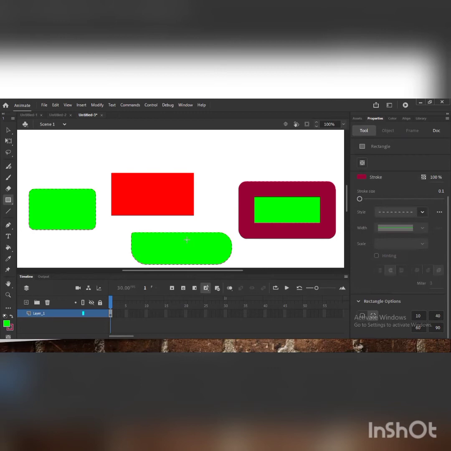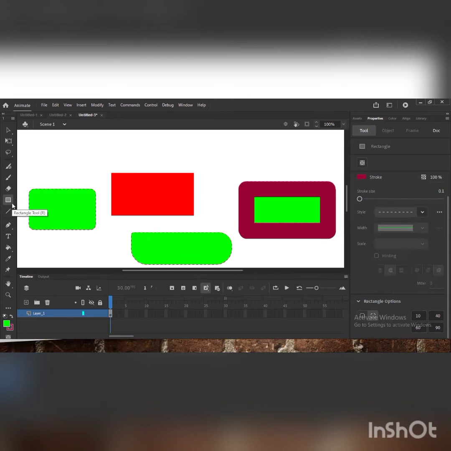This problem can be solved by using the rectangle primitive tool. For example, I want to change the radius of this one, from the bottom right corner side. We can't do it. If we provide it now, it will not change this shape. It will apply to the next shape only. So if you want to make any changes in this one or the previous one, use the rectangle primitive tool.